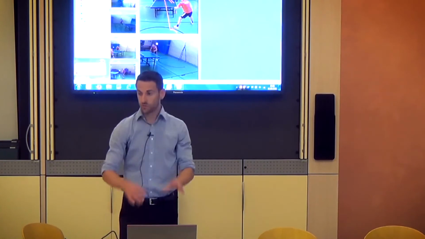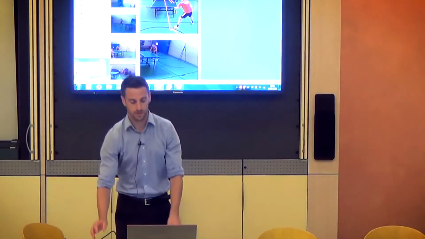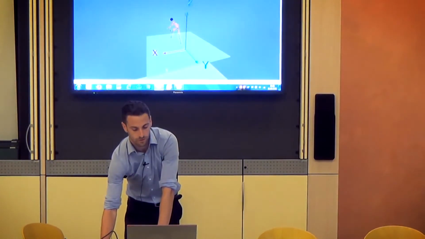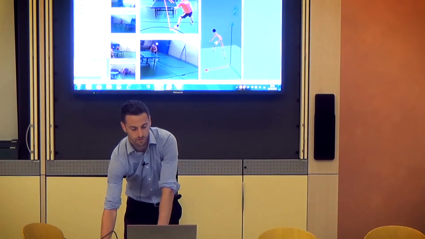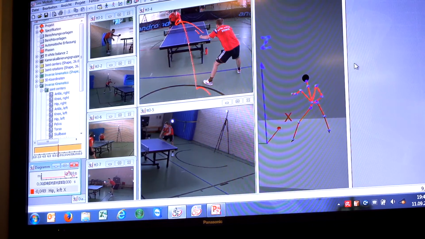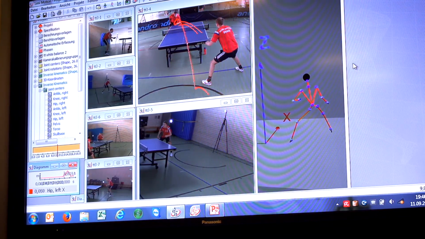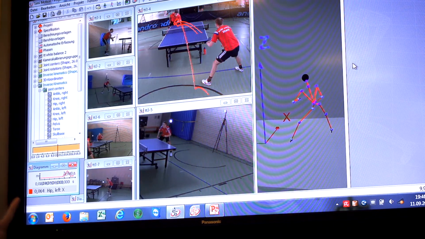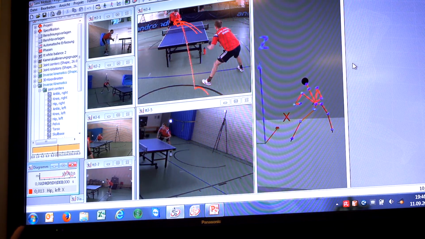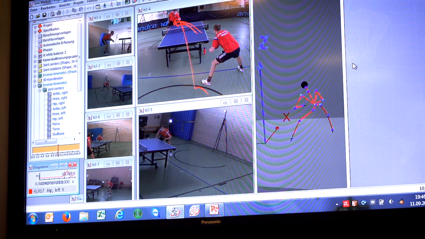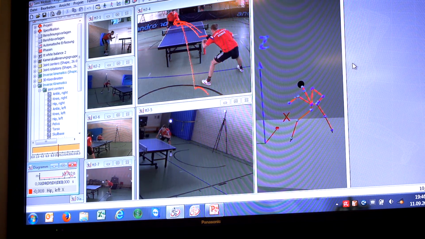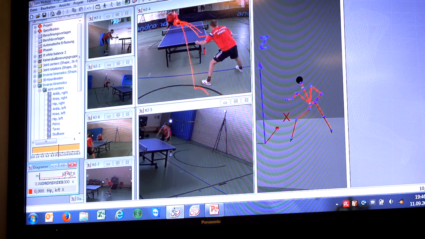And then we can also use these cameras to get out the 3D information. I will just show it to you. This is a skeleton of this guy here that we analyzed, so I just go through the same view. And this is actually the movement of the guy. We have an accuracy of sub-millimeter, so it's a very precise movement analysis tool. That's what we can do.